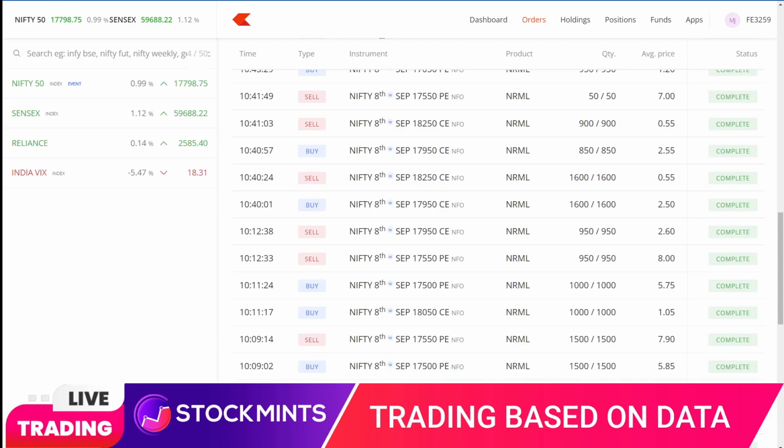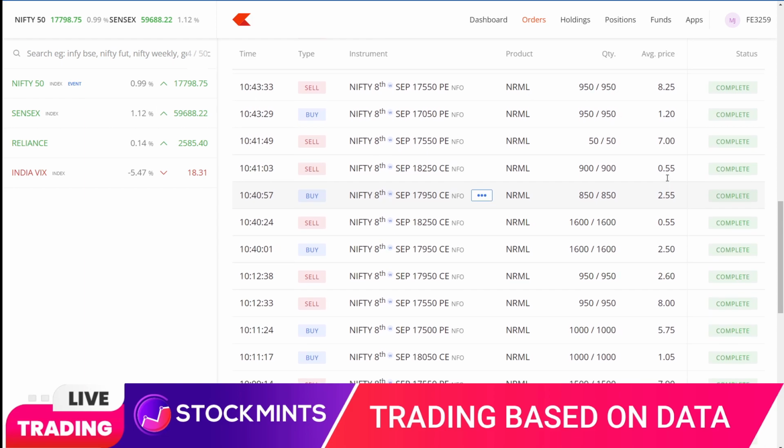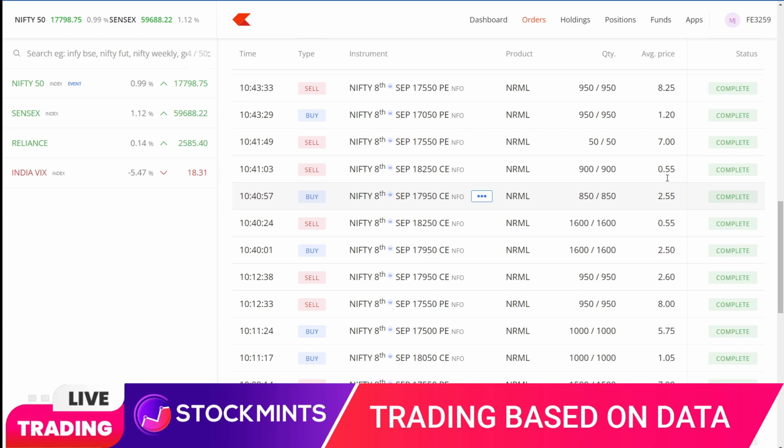Going back, yeah, so now let's look at the 10:40 adjustment. Basically what we are doing here is closing out the 950 call option once again at a very quick close. The reason we did it was that we wanted to be a little bit more aggressive and go fully on the put option side. We wanted to be unidirectional. So at 10:40, we suspected the market would continue to go up. So we removed